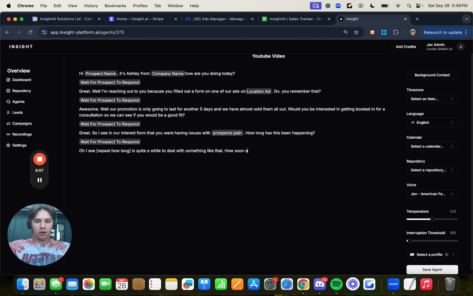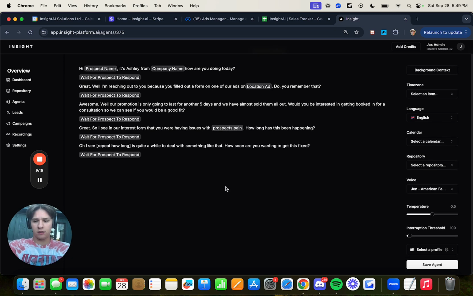How soon are you looking to get this fixed? Or how soon are you wanting to get this fixed? Right? I'm just rushing. I'm not perfecting the script. I'm just showing you how easy it is to build, and then we're going to try and crack it. Okay, and then we'll make little tweaks and changes if something's wrong there. Okay. Oh, I see. Repeat how long. It's quite a while. How long do you want to fix? Awesome. Well,